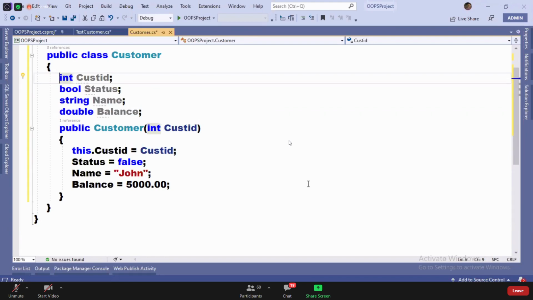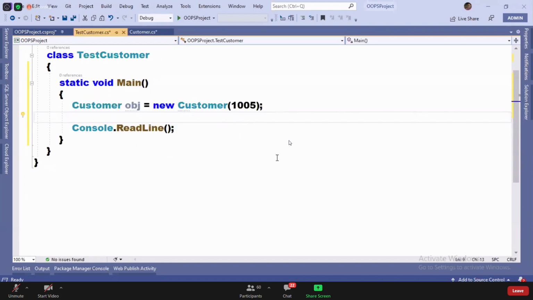Is it going to be a wise decision? Not at all, because once I declare this as public, now I can access it. See, obj dot, customer ID is in the list. That's a field, clearly telling you that's a field. But if I make it public, everyone will get get access, set access. You can assign whatever value you want. No restrictions. But I can access it now. But this is not a wise thing.